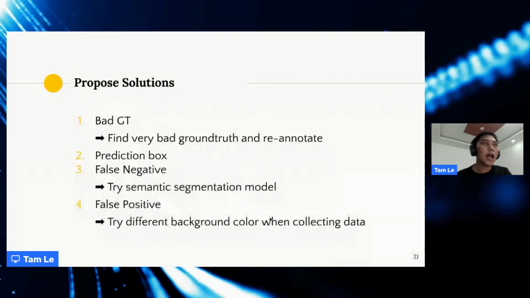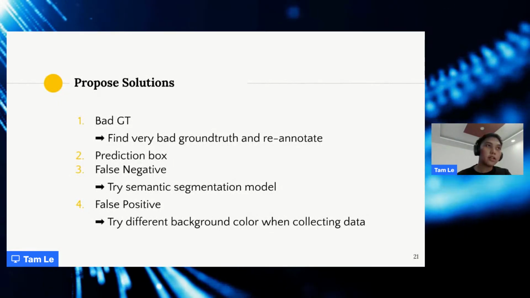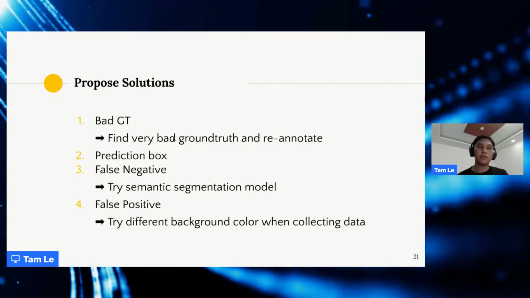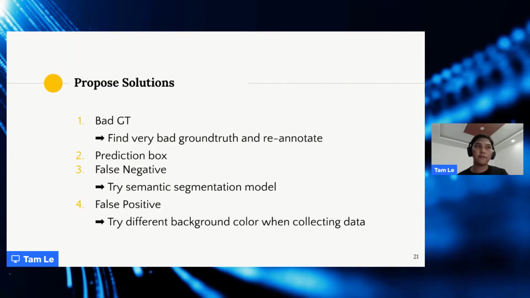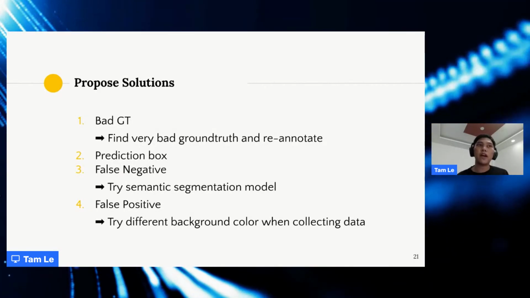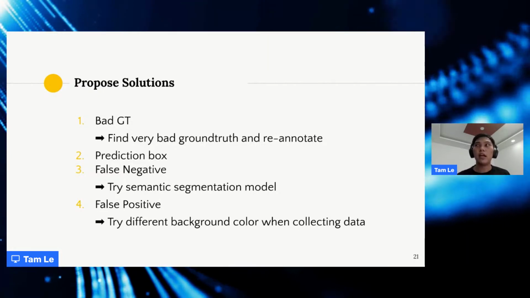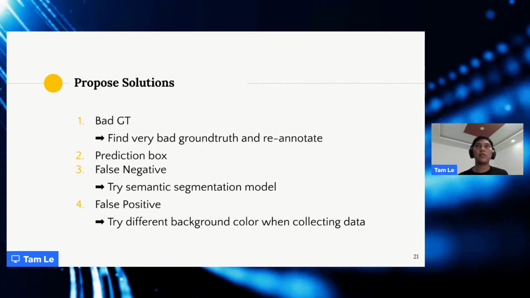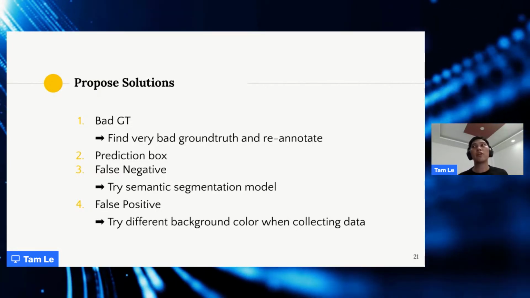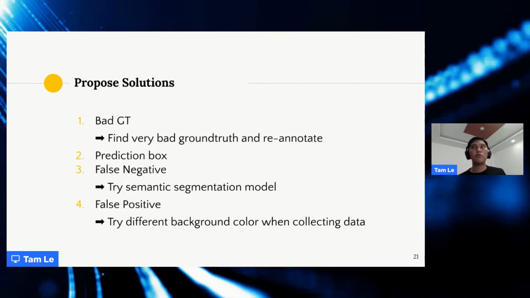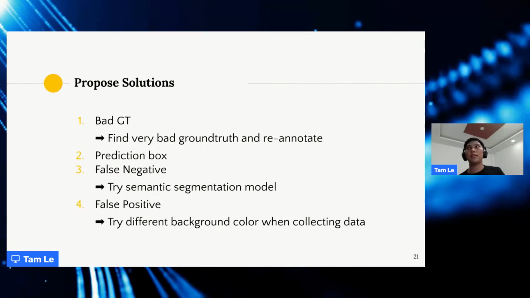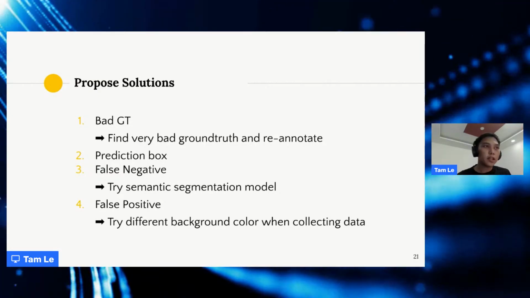So this is how we actually solve it. For the background truth, I think it's very simple, but it's going to be time consuming, but I think it will pay off. You don't need to re-annotate the whole data set. You only need to find the very background truth and re-annotate one. And I think it's more efficient than doing it on the whole data set, because the model can generalize, so my ground truth is adequate enough for the model. It doesn't need to be very perfect.